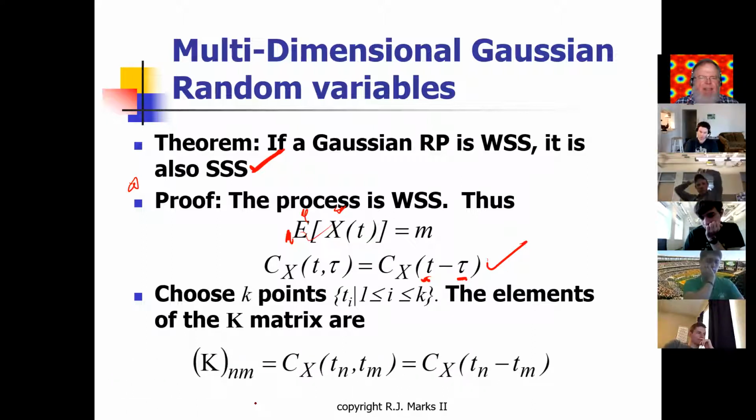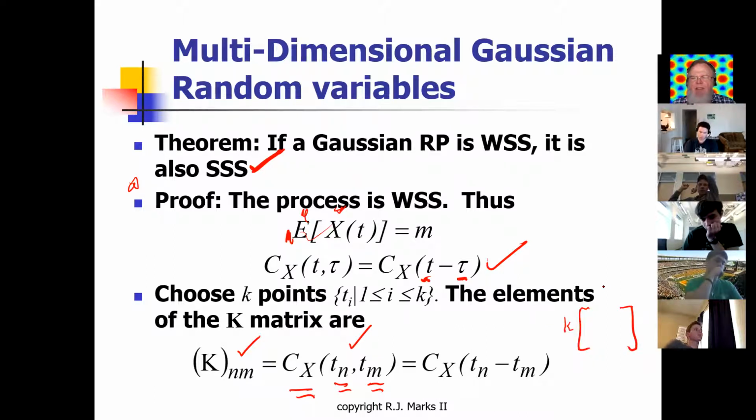So if we look at all of the k points in the sample, we find that the autocovariance matrix is equal to this. It's the autocovariance between the 2 points at a time. We take all the points two at a time. So if we have k samples, there's k different ways where we can mix samples, x1, x2, x1, x3, x1, x4, and then x2, x2, x2, and we're going to have symmetry, of course.